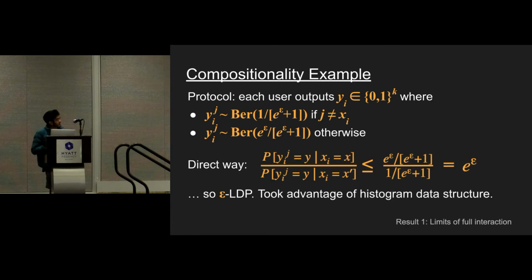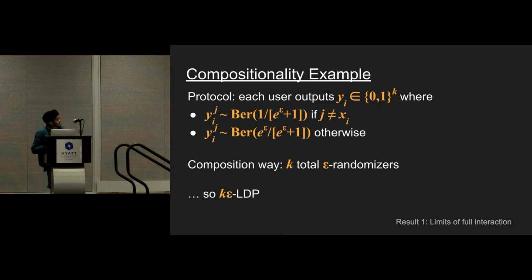But you can also analyze it more directly. In particular, you can notice that for any two outputs, they only have different distributions in at most two indices. So the dependence on k doesn't really make sense. Instead, you can just look at the output distributions, and most of it is going to cancel in the numerator and denominator, and you'll get this e to the epsilon ratio instead. So when you analyze it this direct way, you actually get an epsilon locally private guarantee. And we did this by taking advantage of this histogram data structure, where we know there's only one spot in each vector that has this unusual quality.